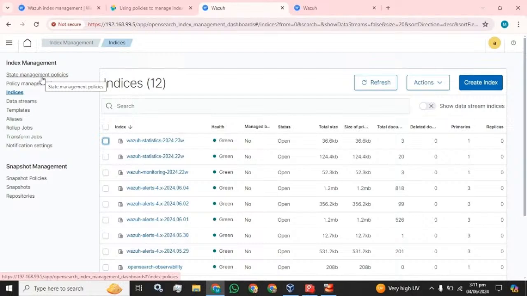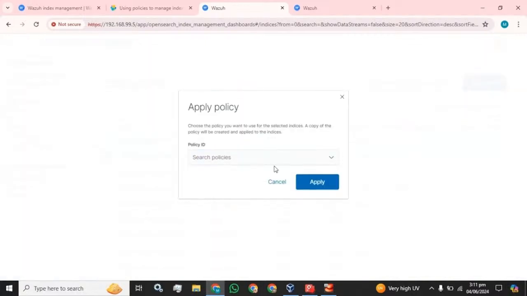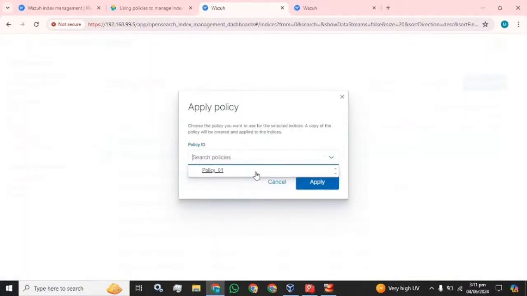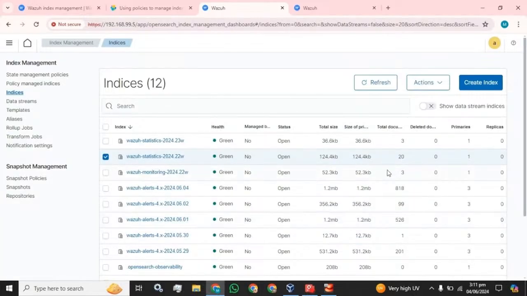To apply that policy on our indices, you have to select the indice, click on the apply policy button, select the policy which you want to apply, and click on the apply button. This is how you can create the policy in Wazuh